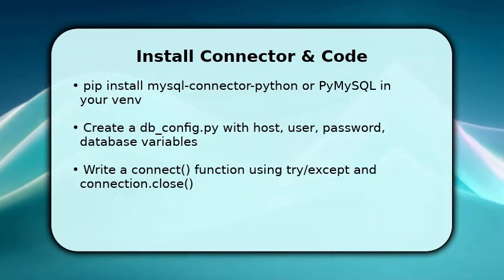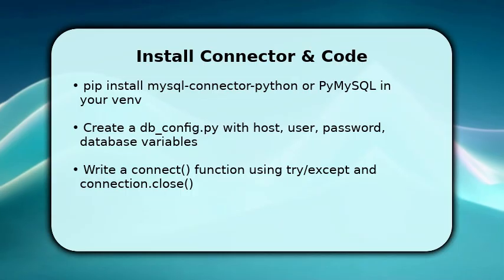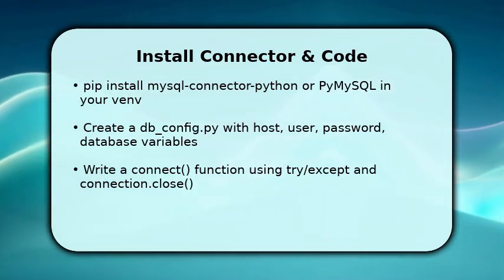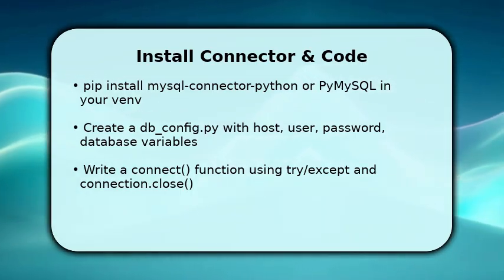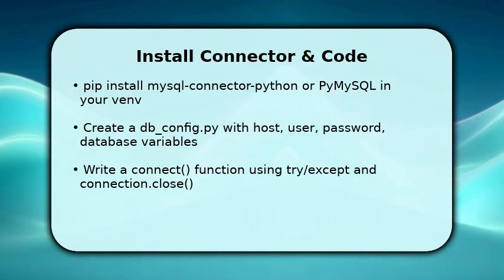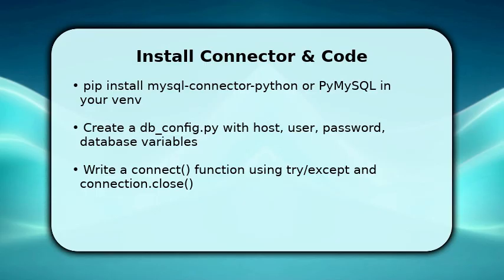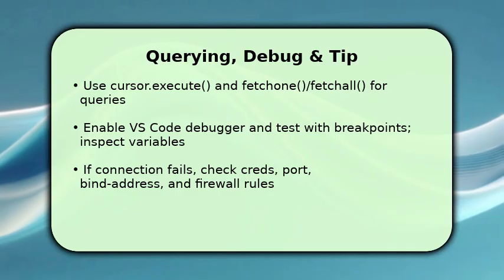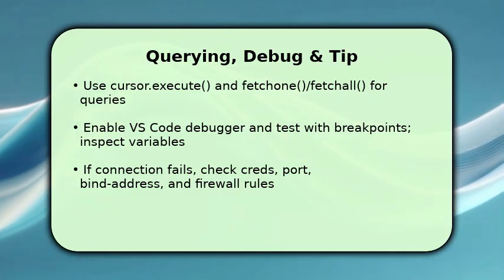Next, write a connect function that uses those settings, wraps connection attempts in try/except, and always calls connection.close() in a finally block. Finally, perform queries and handle results. You use cursor.execute for SQL, then fetchone or fetchall, depending on expected rows, commit changes for inserts or updates,